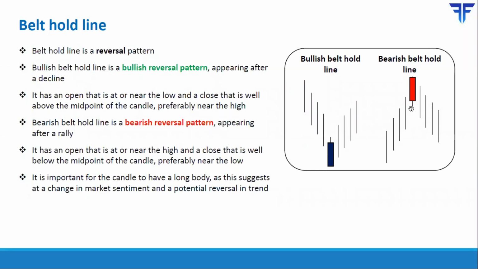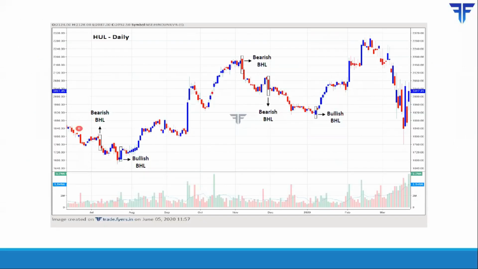Meanwhile, in case of bearish belt hold line, once a bearish belt hold line is printed, you wait for the next candle to form. If in the next candle, price fails to break above the high of the bearish belt hold line and instead breaks below the low of the bearish belt hold line, you place a sell below the low of the bearish belt hold line, keeping a stop loss above the high of this pattern. So that will be your stop loss. So that is how you essentially trade bullish and bearish belt hold lines. Now let us see how they look in the real world.